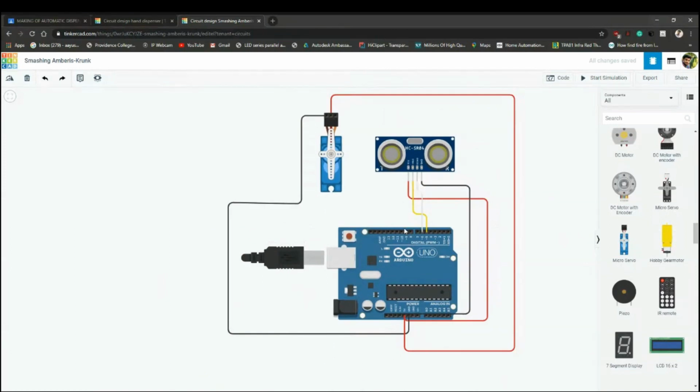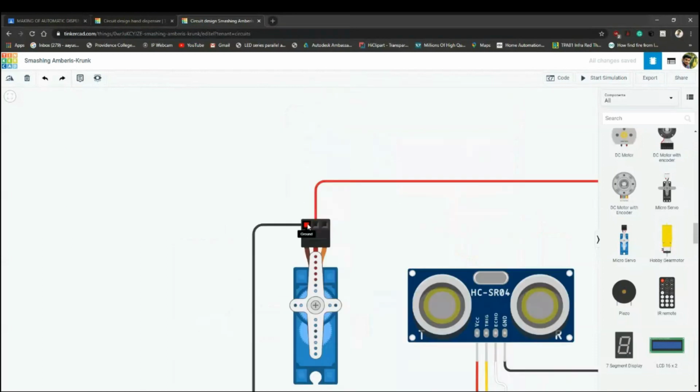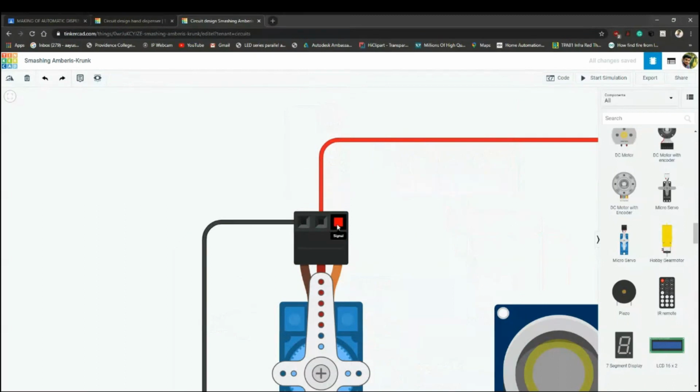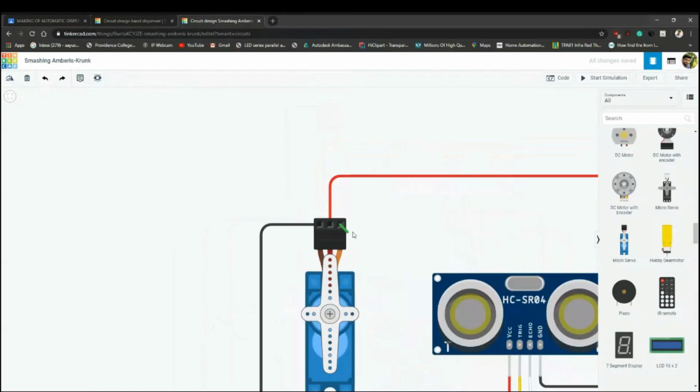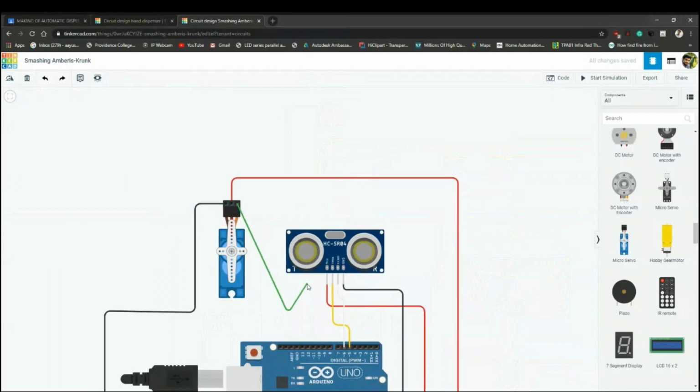We have one more pin to connect, which is the signal pin from the servo motor. I have selected this servo signal pin, and we have to connect it to D7 of our Arduino. This is the digital signal from the PWM part.